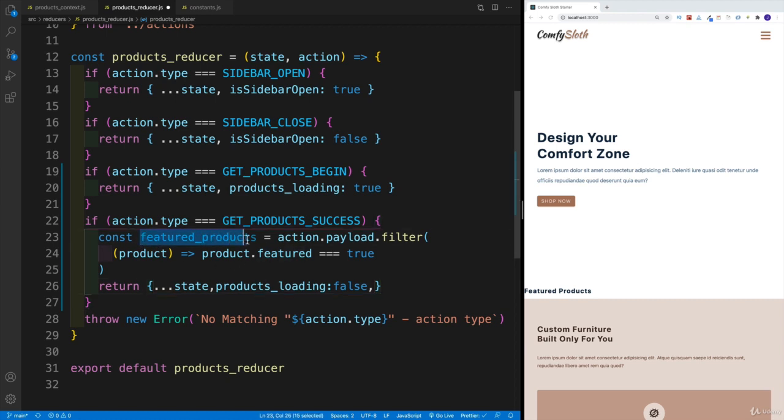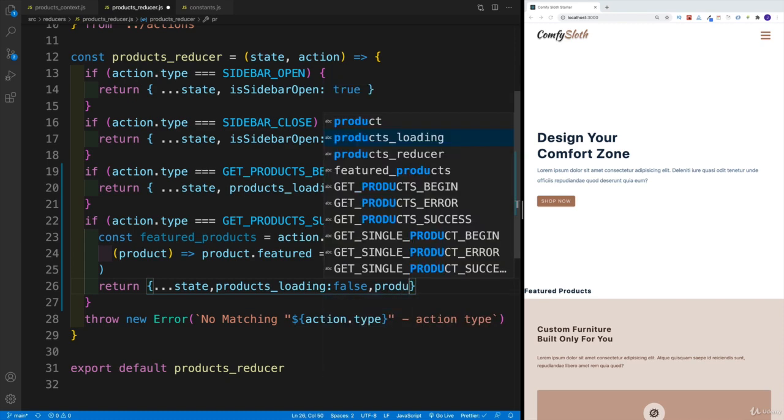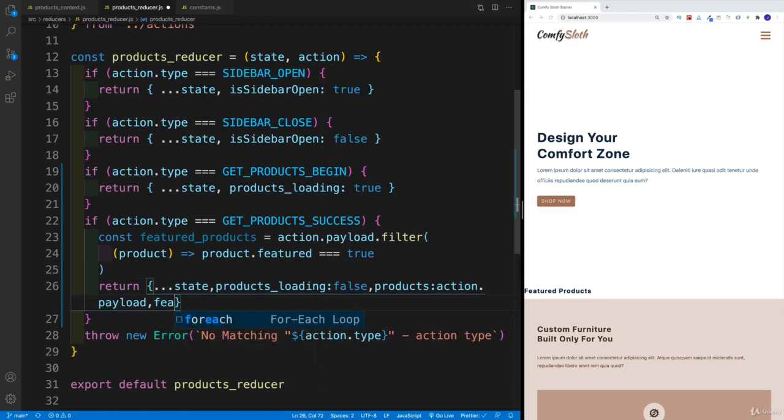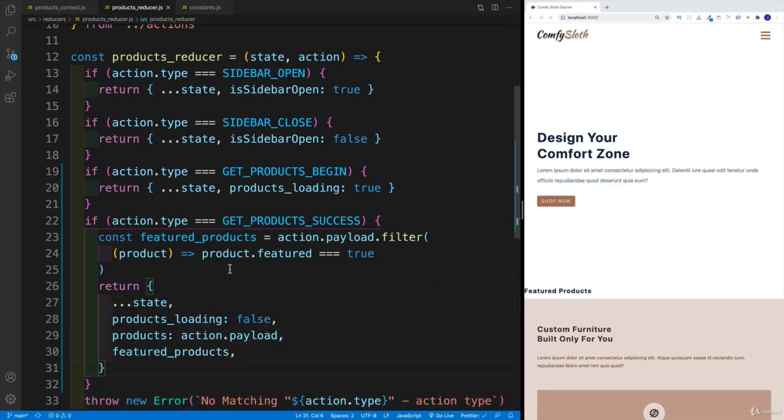And then featured products will be equal to the new array. So let's try it out. We're going to go with products is equal to action payload, of course, and then featured products. Well, since the name is exactly the same as I have for my variable, I can just do the ES6 thing where I don't need to set it equal to featured products. And of course, now we can save.